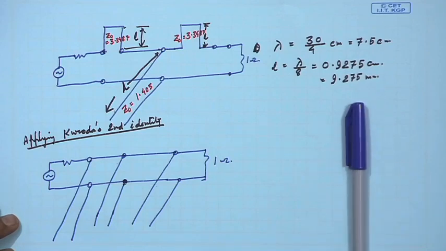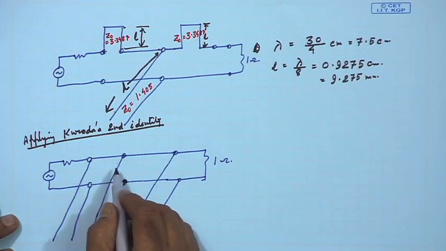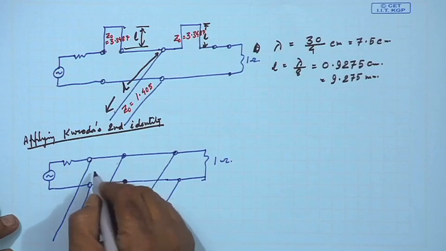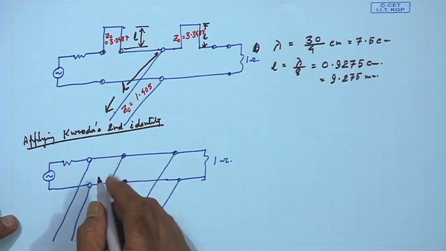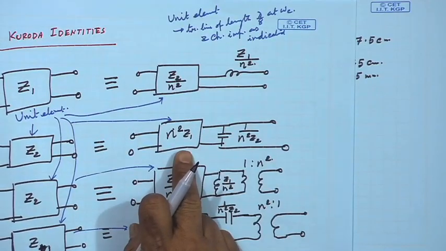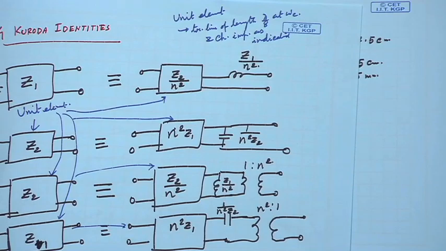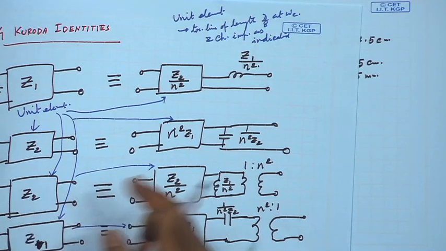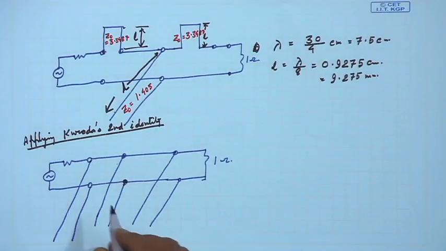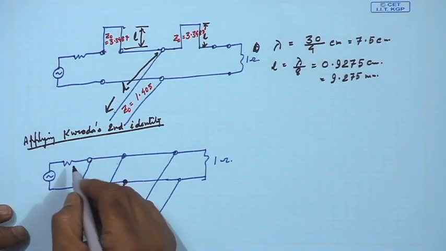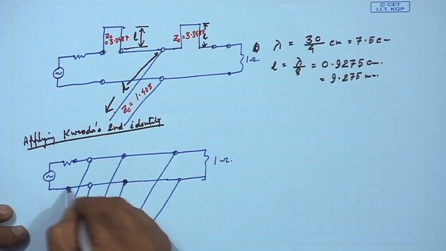What we have done is, because after the stub, if you see the second identity, you put a unit element and then your stub. So, that means, sorry, here actually